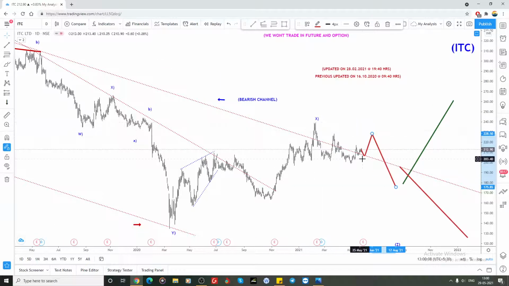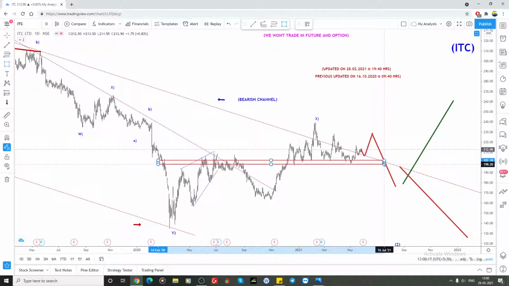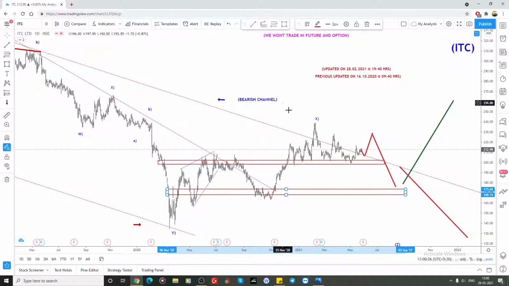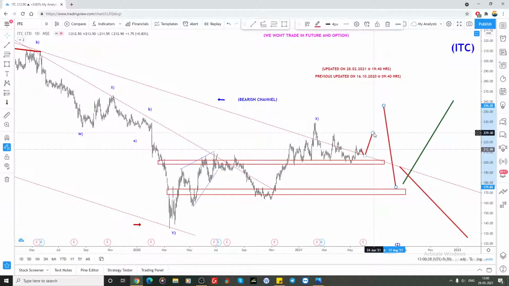I think some more consolidation can happen, and this is the major support zone. Once it breaks, this will become the support zone. That's it. So if it bounced to this zone, and if it makes a new high here,